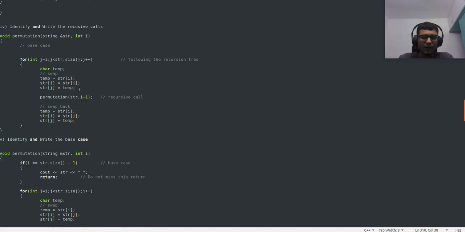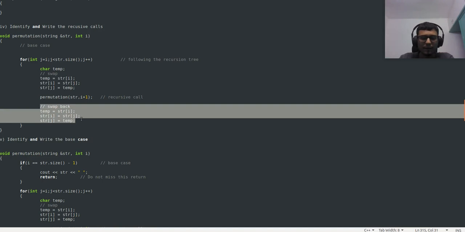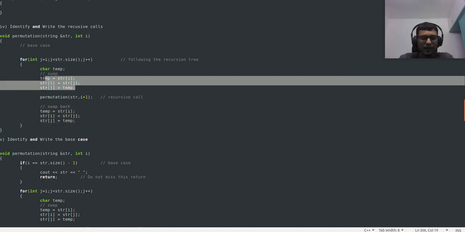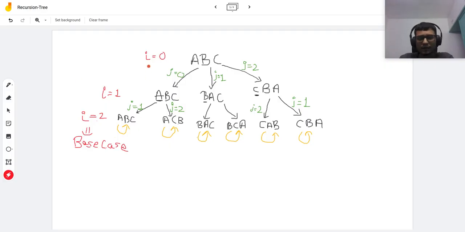Now before making the recursive call, we do some processing here, and after coming out from the recursive call, we do some processing here. So let us first look into the processing that we do before making the recursive call. Okay, so while drawing the recursion tree we discussed, right? The character at the index I here is replaced by the character at index j. So in this case I equals 0 and j equals 0, so the character at index I equals 0, which is a, is replaced by the character at index j equals 0, which is again a. So a is replaced by a, or in other words a is swapped with a,